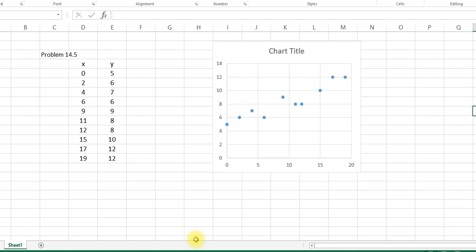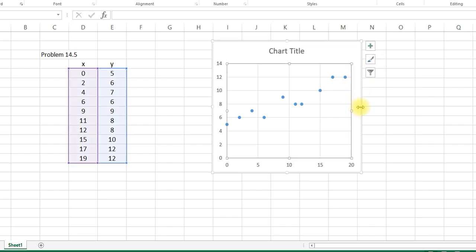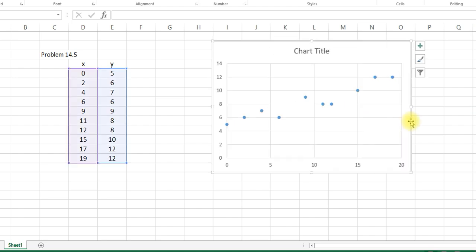So right away I will come to the problem to solve. We have, and this is from your book, 14.5: xy data is given to you, and you are asked to fit a linear model, linear equation, and get a0 and a1 and r square. Okay, the easiest way, we have a built-in function in Excel to give you this using the trend line. Okay, so trend line, just plot it